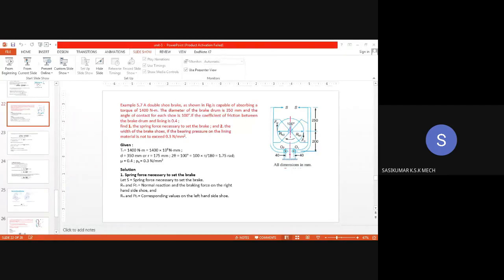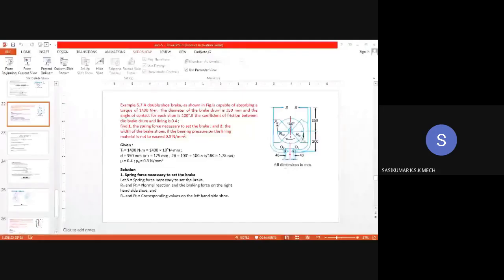So this is also solved by simply taking moment about a fulcrum. Here this is the fixed point of your brake assembly. Here you have the first fulcrum, the second fulcrum, this is the first lever, and this is the second lever. Each fulcrum is located at 40 mm distance from the axis of the drum, or from the axis of your brake assembly. And the distance from fulcrum to the center point is 200.